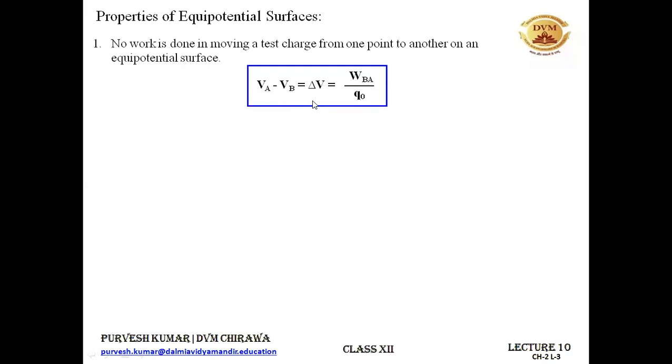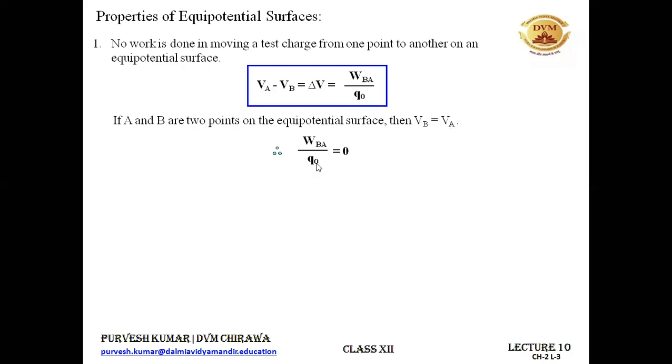That we know. Now, if the two points are lying on the equipotential surface, then VA has to be equal to VB, because at every point on the equipotential surface the value of potential remains the same. So VA has to be equal to VB, because these two points are lying on the equipotential surface. So you can write VA equal to VB, and this term becomes 0. The potential difference between two points on an equipotential surface is 0. And now the right hand side also becomes 0, because when the left hand side is 0 for an equipotential surface, the right hand side also becomes 0.